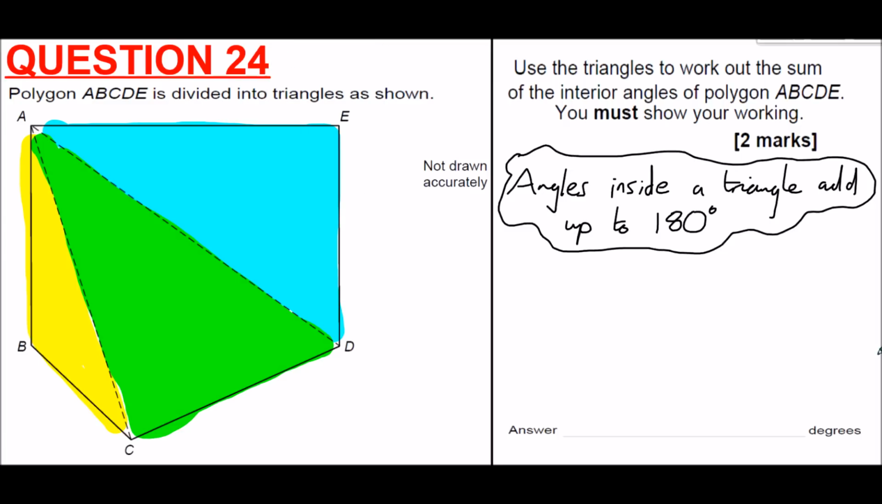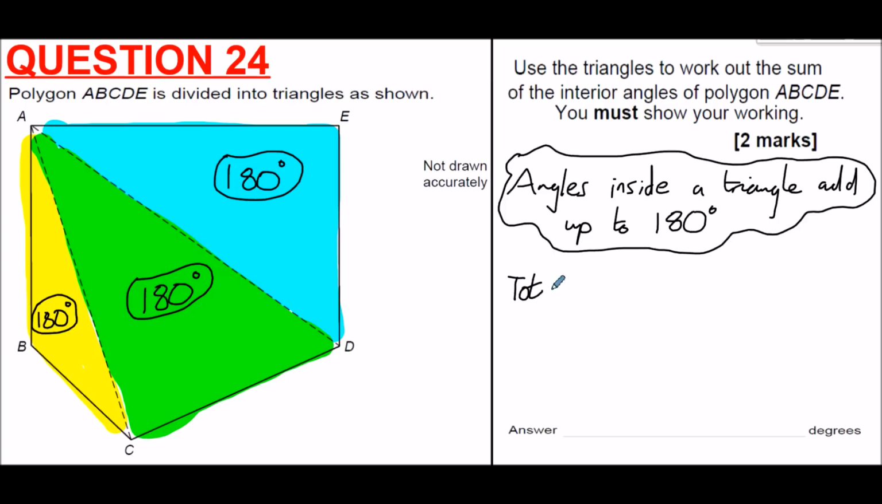Just returning to what I said earlier, angles in a triangle add up to 180 degrees. The rest of it now is quite straightforward. Each one of these triangles I've coloured in will have 180 degrees inside it. And so the question here is asking the sum of the interior angles, the sum of the inside angles for this whole shape. So because the shape can be thought of as three of these triangles, the total interior angle